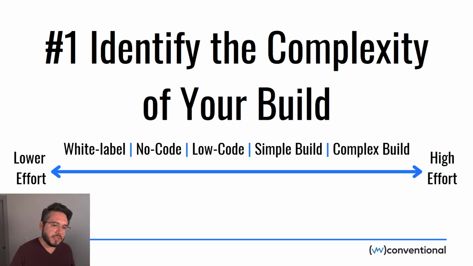So on the low effort side, there's white label. White label means there's software that already exists, and all you have to do is take it, swap in your logo, select some features. Maybe there's certain things you need, certain things you don't need, and then you can activate it. You can start making revenue quickly. Some of these are very basic, like you can white label a CRM, or you can white label a community app, right? Because whether you're building a community for your church or an anime community, it doesn't really matter. You're still building a community. You're still meeting up. You're still having online events. You're still sending messages, stuff like that.